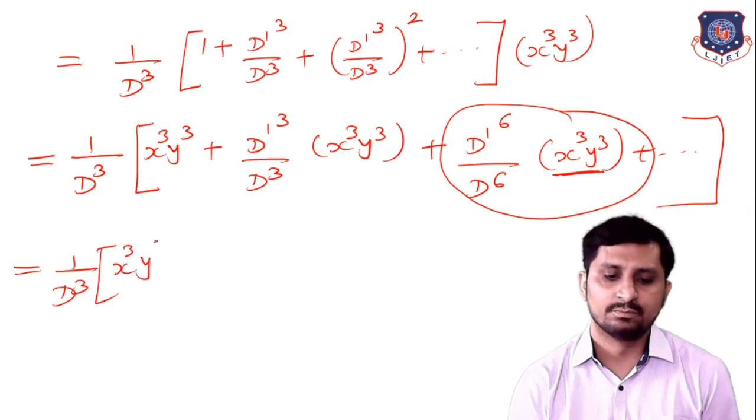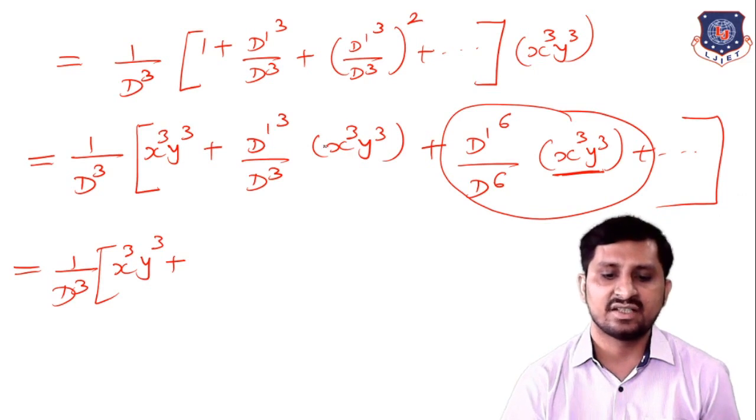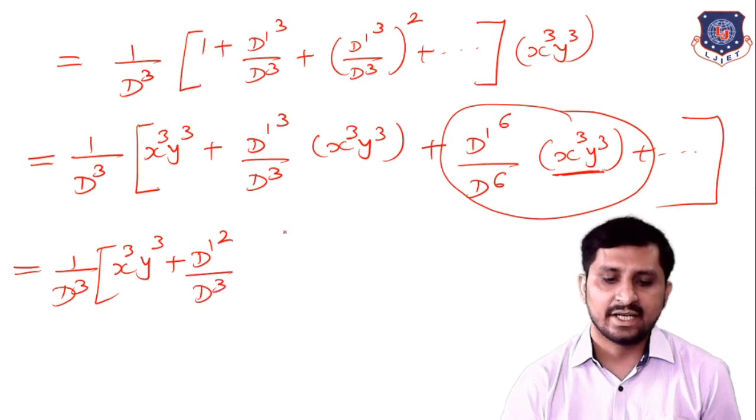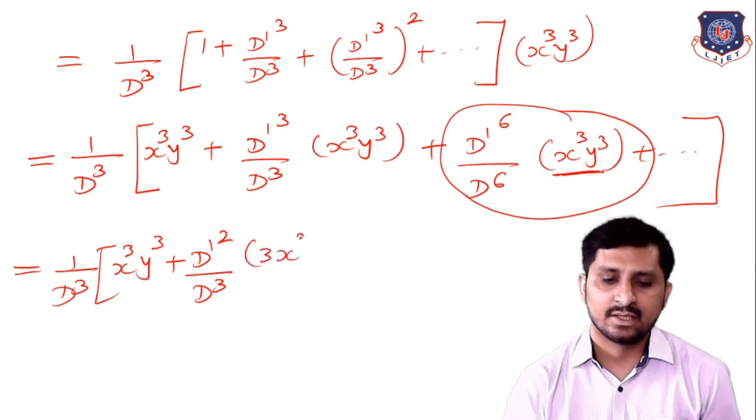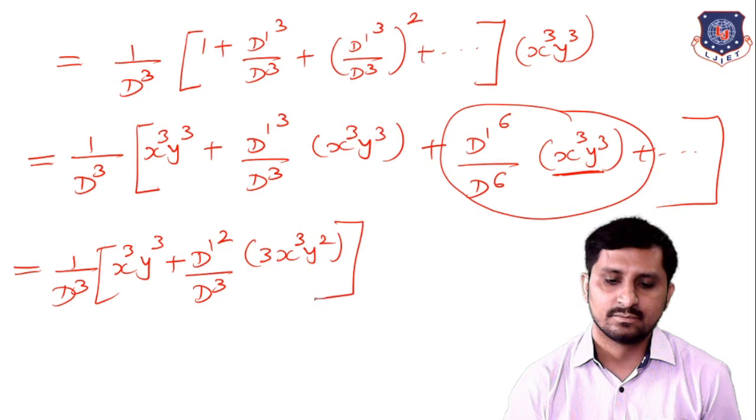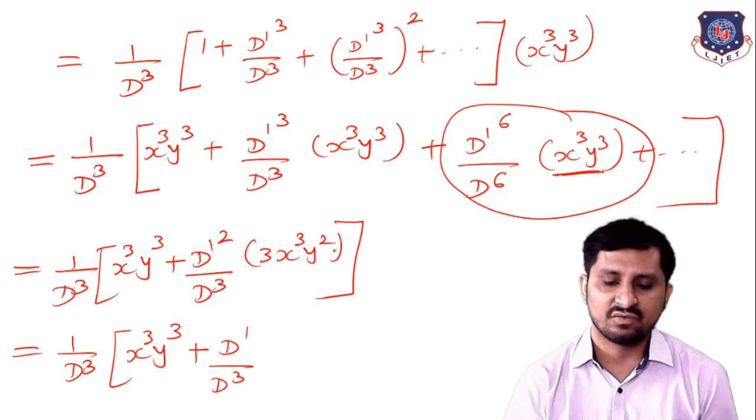x cube y cube plus, now one by one differentiation. So first, differentiation with respect to y the first time, so D dash square upon D cube. Differentiation of y cube is 3y square, so this is 3x cube y square, all other terms are as it is. Now once again 1 upon D cube, x cube y cube plus, now once again differentiation with respect to y. So D dash upon D cube, I can write differentiation of y square with respect to y, so that is 6x cube y,